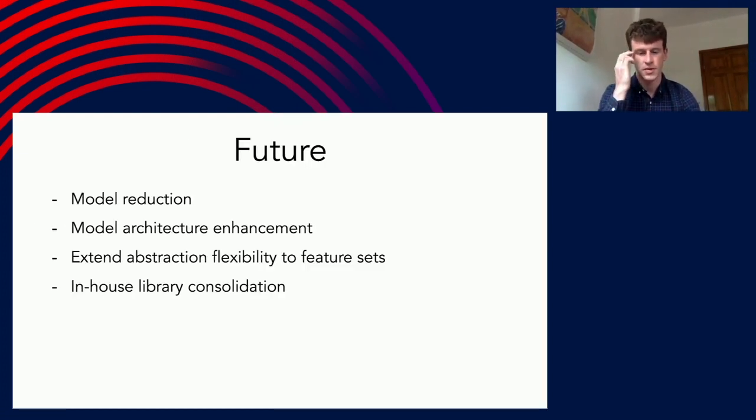So these are things that we've been working to solve, but as with any large software product, there are a number of unresolved questions, or things that we want to do in the future that bear mentioning. The first is model reduction. As I mentioned earlier, we're running thousands of models in production. While this has been a real testament to the capabilities of Databricks and our own engineering team's ability to scale things successfully, we need to ask ourselves whether we want to do this,